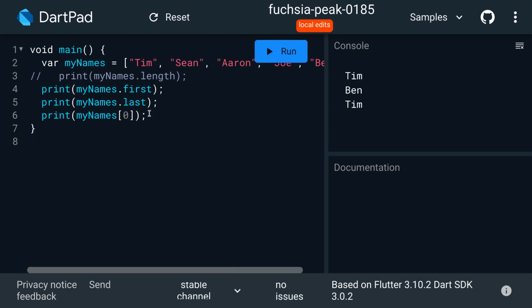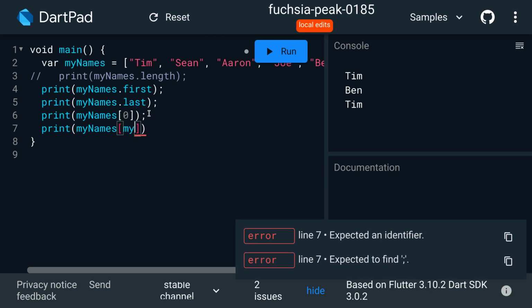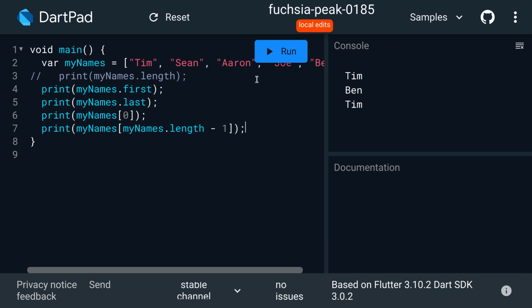Okay, if we want to get the last item in the list and we don't know the length of the list, we can do that with my names, and then within the square brackets we can do my names dot length. Now this is going to give me an error if I just ran it like so, because the indexes of the list start at index 0, so the length of the list is 1 higher than the last index in the list. So we want to actually subtract 1 from here to get the last item in the list. So we're going to run that,